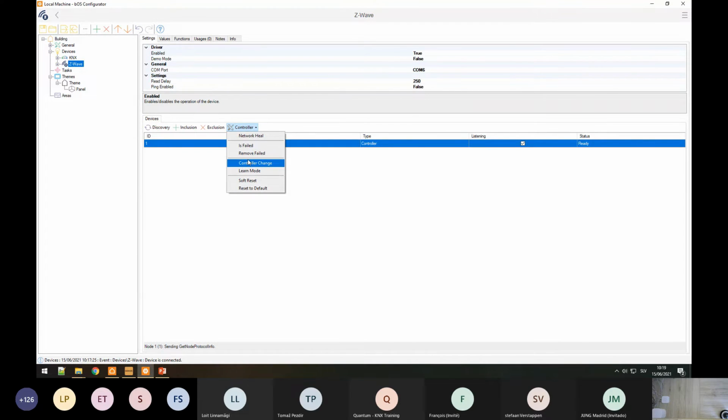You can then use on one dongle the controller change, and on the other one you can use the learn mode, and all the devices are then going to be transferred between the gateways. Software set button, of course, simply reboots the dongle. Reset to default button then completely resets the gateway, which means it removes all the settings, it removes all the devices, and basically